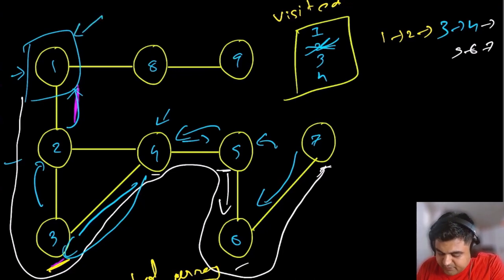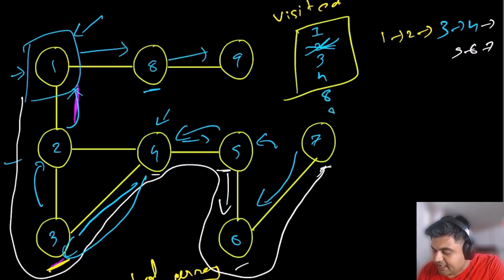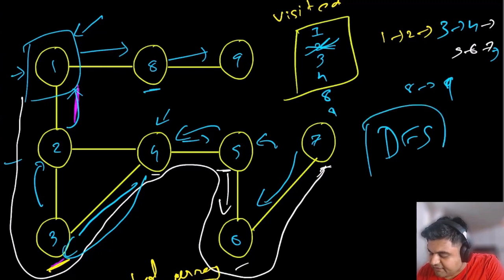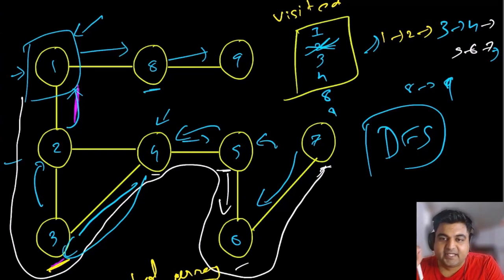So eventually after backtracking, we would end up at node number 1. Again from node number 1 we haven't visited this neighbor, so we will go in that direction. So we will go to node number 8. 8 has not been visited, we'll mark 8 as visited, and then 9 as visited. And this is going to be one of the DFS traversals starting from node number 1, where we eliminated the need for loops and were able to iterate in a very smooth fashion in the DFS manner.